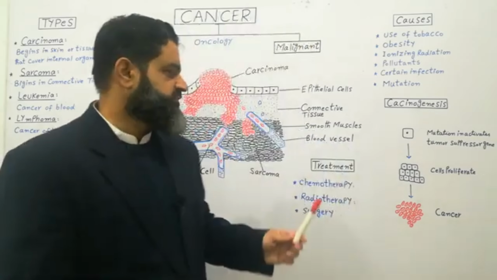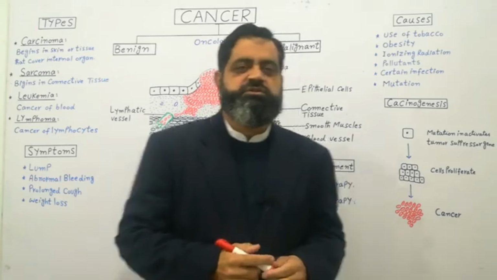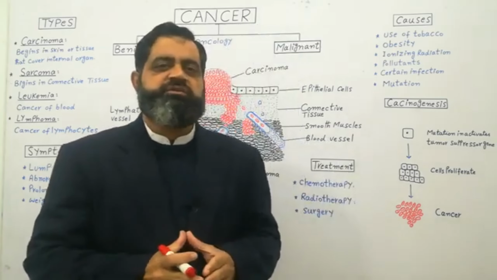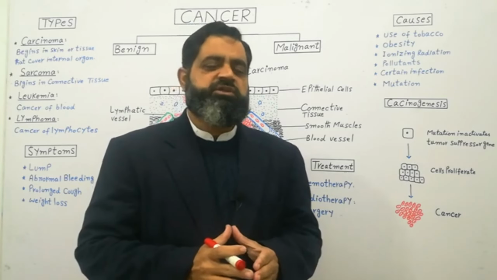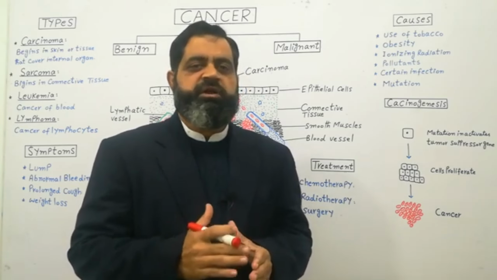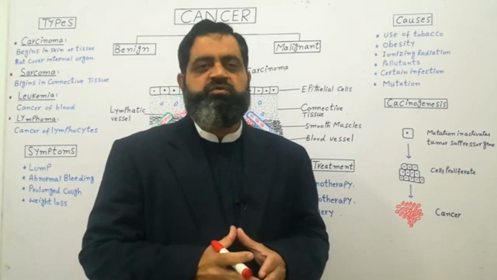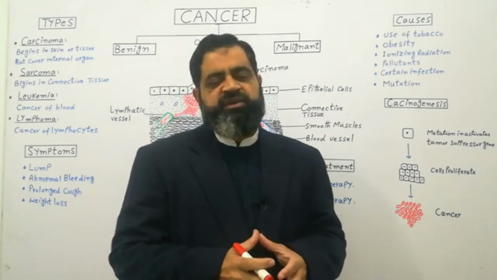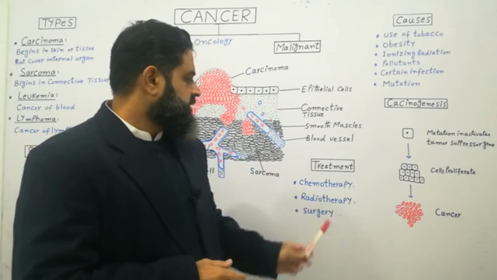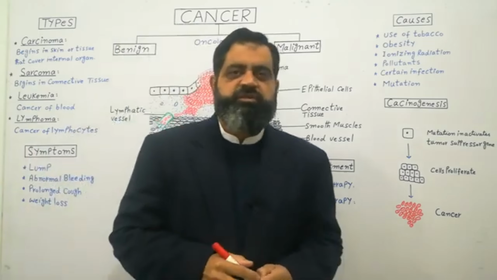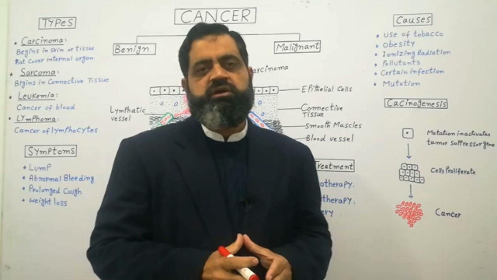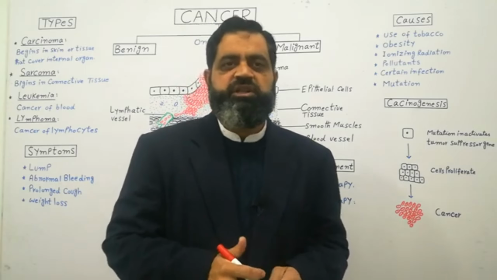There are certain types of cancer which are treated with radiotherapy. In this process, certain radioactive rays like cobalt-60 are bombarded on the cancer cells to destroy them. This radiotherapy can be done at regular intervals on the site where the cancer cells are present. There are certain hospitals all over the world which treat cancer patients. And there is also one treatment, laser treatment. In this case, lasers are bombarded on the cancerous cells to kill them.